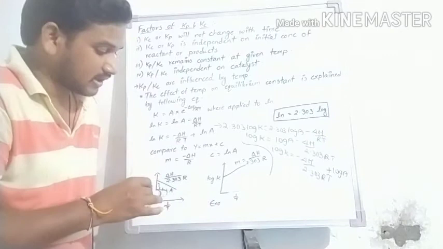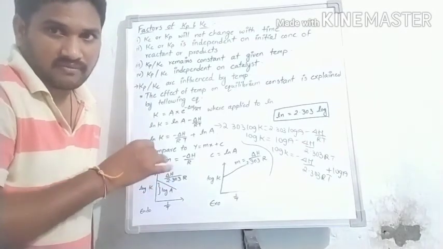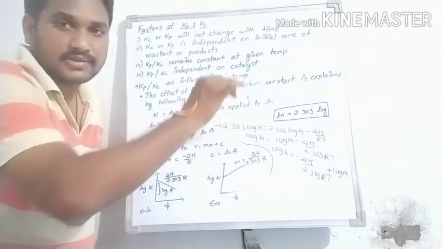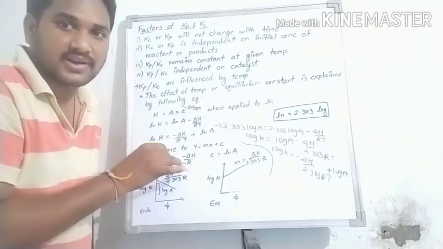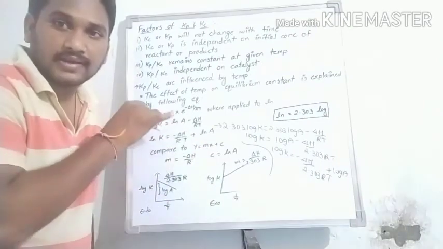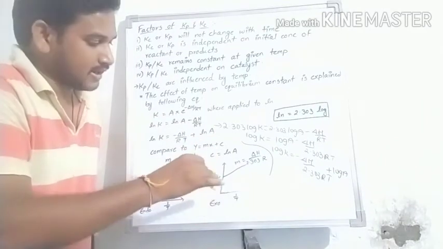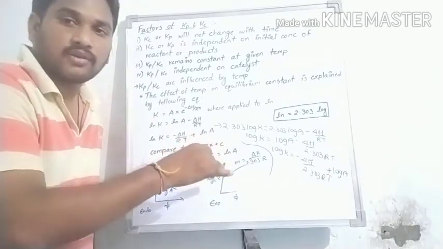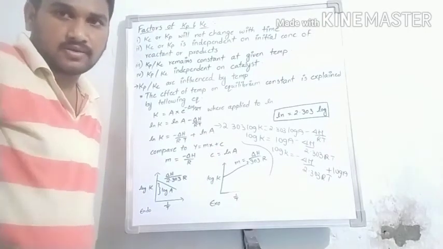In the endothermic reaction, the straight line goes only in the downward direction and touches the y axis. In the exothermic graph, the straight line goes in the upward direction and touches the y axis. Both are common quantities, both straight lines touch the y axis, no doubt at all. But in the endothermic reaction the straight line is downward, and in the exothermic reaction it is always upward. Okay, students, is my point clear or not?